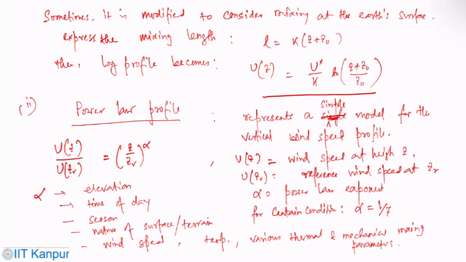There are certain correlations which already exist, which can provide a best fit for this kind of alpha variation. And if that can be taken into this power law profile, probably that represents a more generic solution for that kind of scenario. In the first, alpha is only a function of, let's say, velocity and height. So if you consider that, then one way of handling this type of variation was